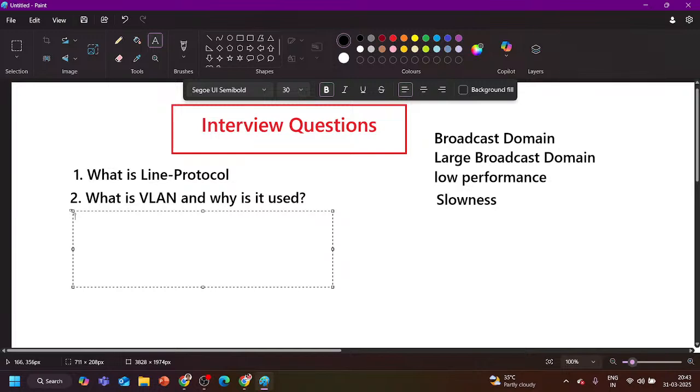We cannot propagate extended VLAN information through VTP version 1 and 2. And standard VLAN can be propagated using any VTP version. Standard VLAN is used in small to medium sized enterprises and extended VLAN is used in service provider networks to extend